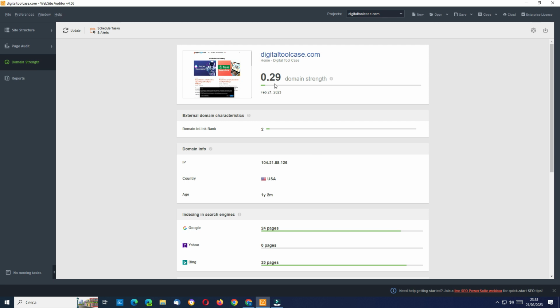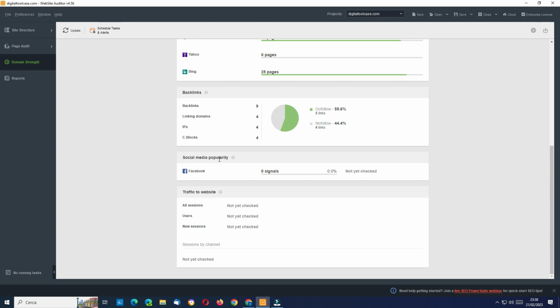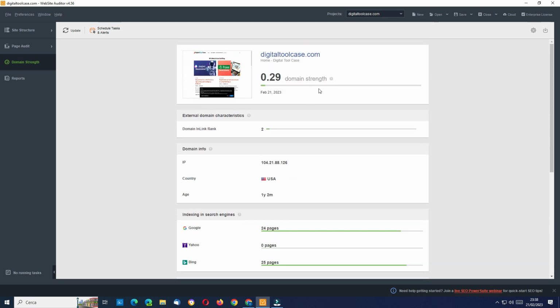Mine is really low. Anyway, here you can see if you are indexed in search engines: Google, Yahoo, Bing. I don't know why it's saying I'm not on Yahoo, because I'm on Yahoo, but maybe I need to check some of the preferences. You have your social media popularity here. You need to connect your Facebook account, for example. And here you can check the power of your domain. The domain strength from 0 to 10 is a complex quality metric. Really interesting. And this is an overview of this tool because it has many